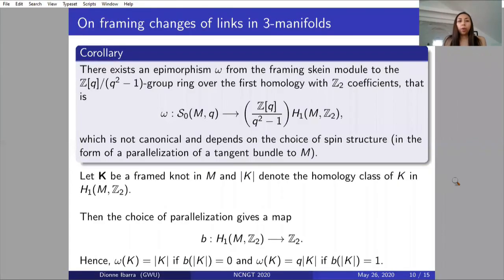Next, we have the following corollary that states that there exists an epimorphism we call omega from the framing skein module to the group ring over the first homology of the manifold with Z2 coefficients. This epimorphism is not canonical. It depends on the choice of spin structure. We will use the homomorphism that I described before